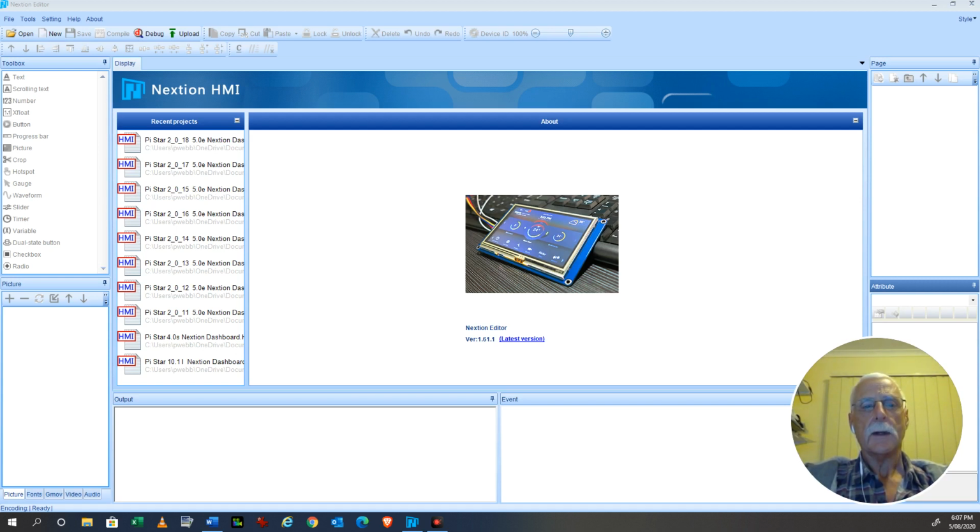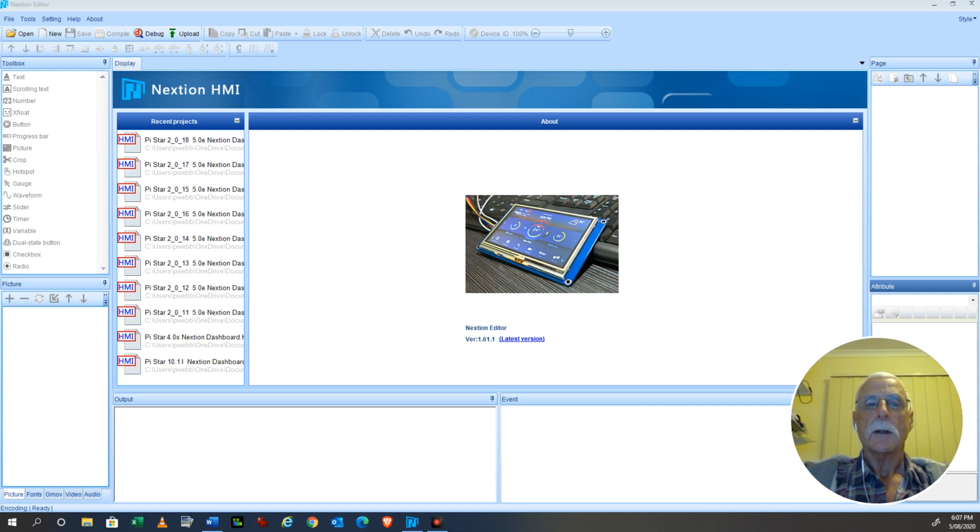So the video will show the current design and how things are displayed, but it'll also give you an insight into the Nextion editor, which is on the screen at the moment, as you can see. The Nextion editor that you can see here is the English version. There is the Chinese version. The Chinese version works with the